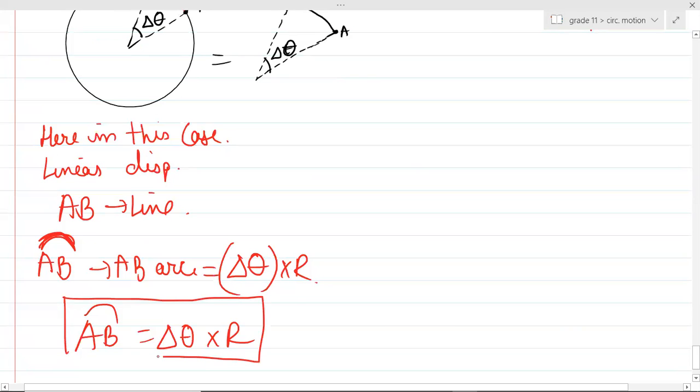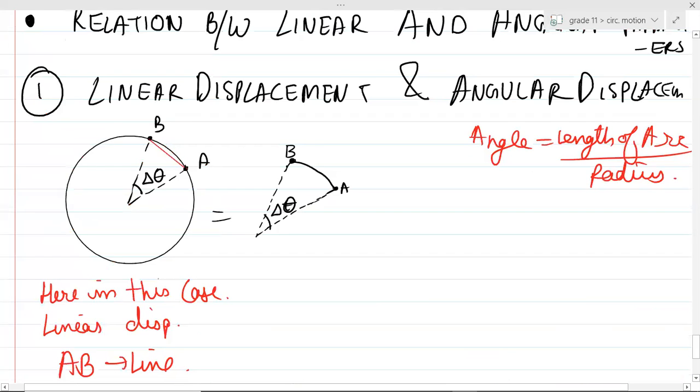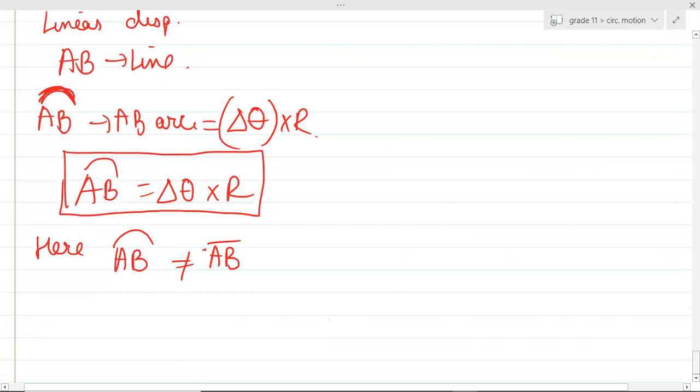Yes. Tell me this particular thing. Will the AB arc from A to B, this arc, the black one, and this red one, the line, are they the same? Are they having same length or will they have different length? AB arc is not equal to AB length. But